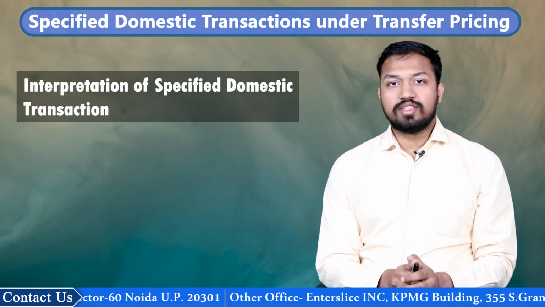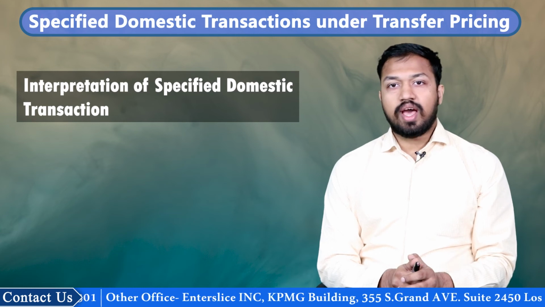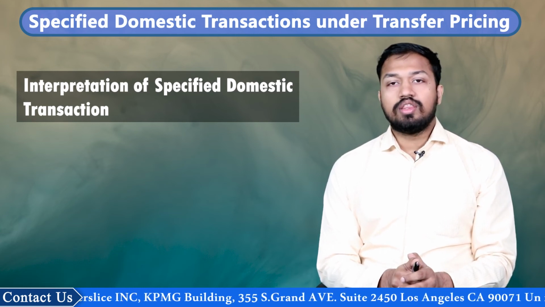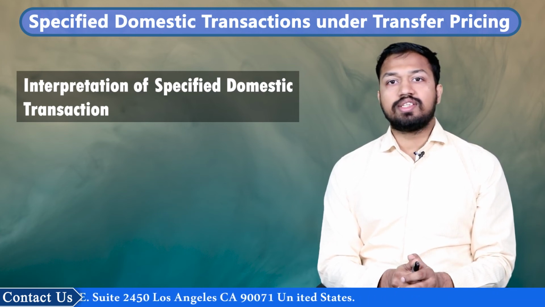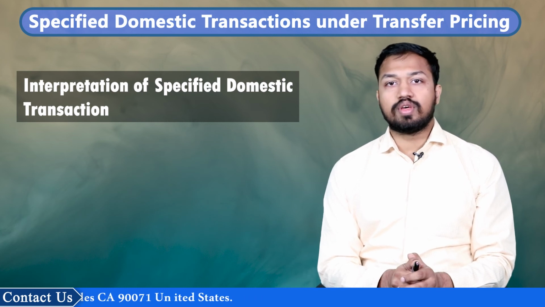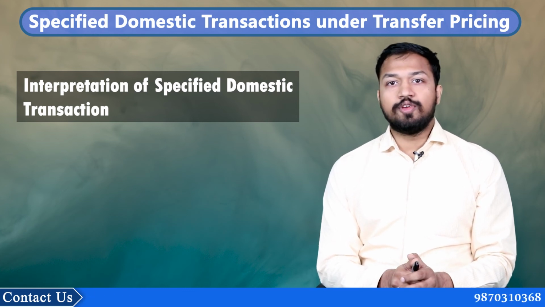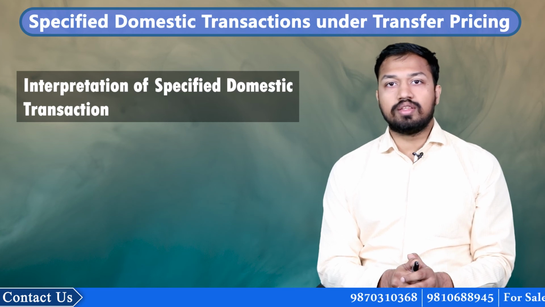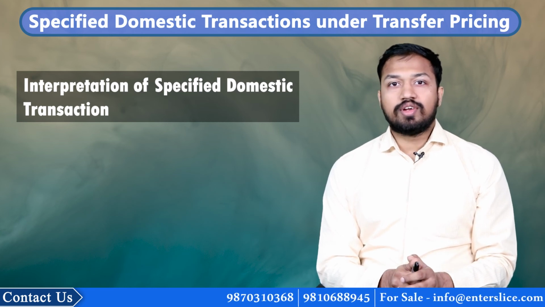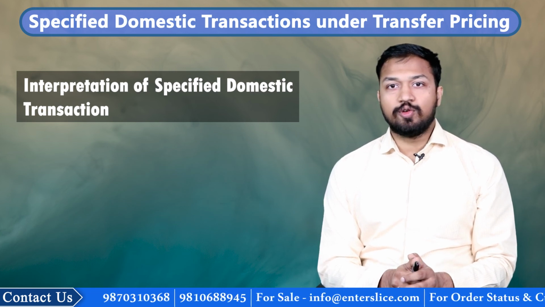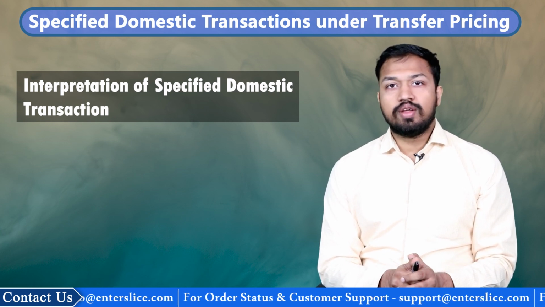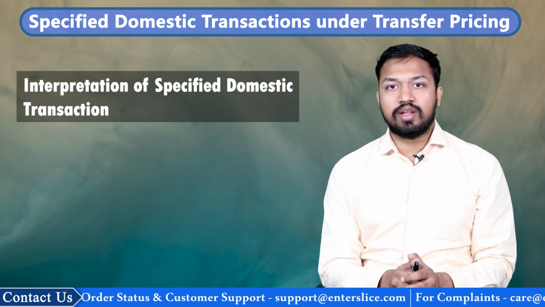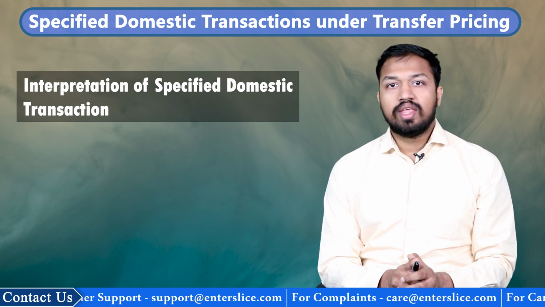In other words, in order to be captured by the description of specified domestic transaction, the overall value of specified transactions under the varied provisions of section 92BA must exceed INR 20 crores with effect from assessment year 2016 to 2017. The mentioned threshold helps to ensure that any taxpayers with few transactions with related entities are not burdened by transfer pricing compliance requirements. This threshold limit also ensures that the cost of compliance and administrative burden associated with such provisions does not outweigh the benefit derived from them.